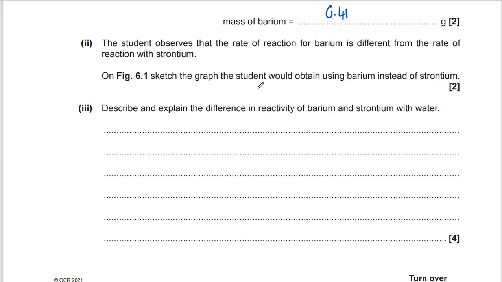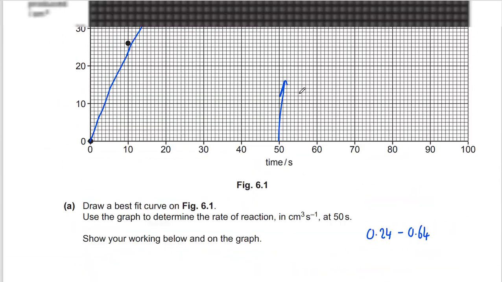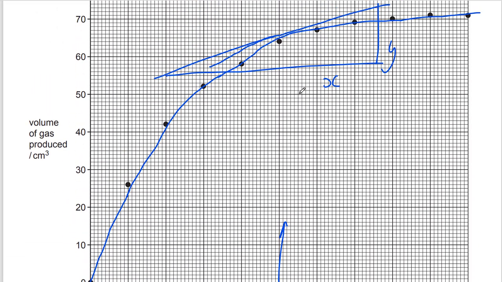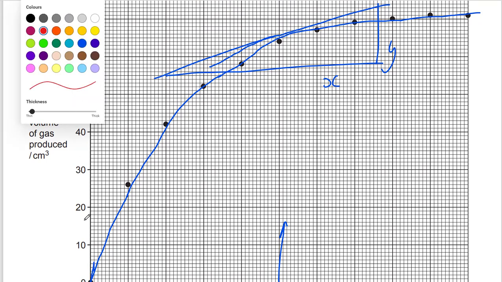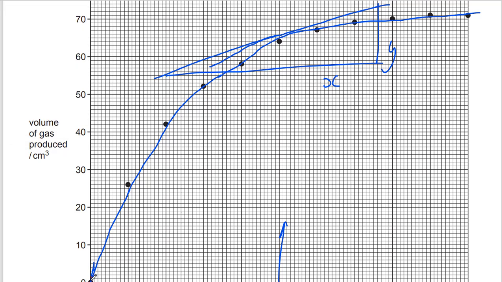So on figure 1, sketch the graph for barium. Now barium is further down the group. Okay, it's further down group 2, so it's going to be more reactive. So more reactive means that my line will be steep. In fact, I'll do it in a different color. It means my line will be steeper